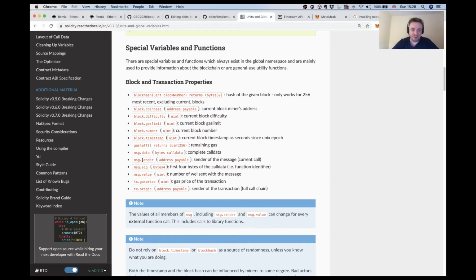For example, msg.sender, this is the sender of the message, and a lot of times we will use it as an address to establish who will need to receive a certain value, and that will be the address that sends a specific transaction. msg.value is the number of wei sent with the message, and msg.data is the complete call data that is sent again with each of these